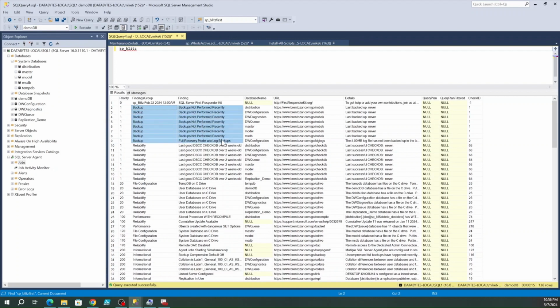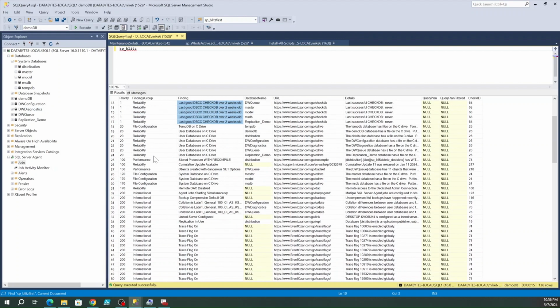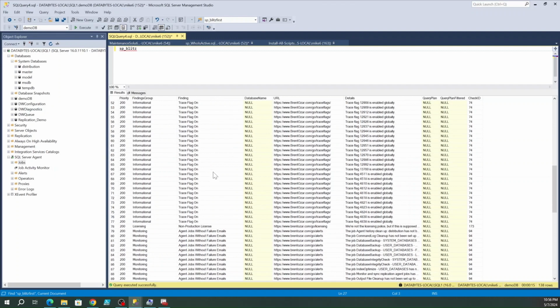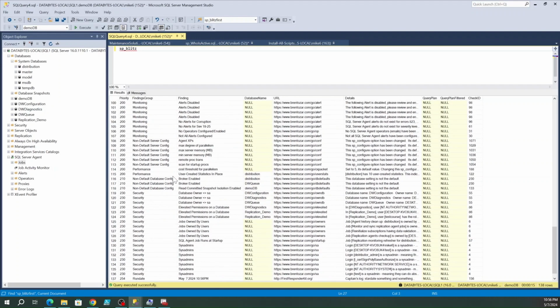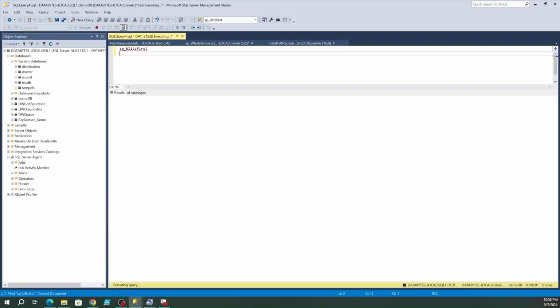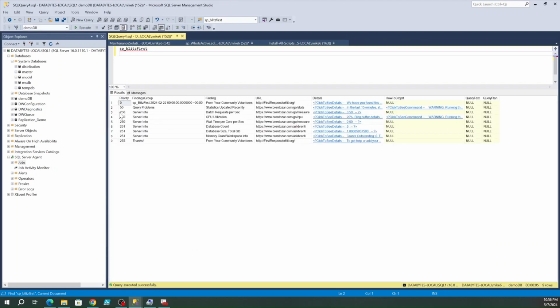Say, hey, this hasn't been backed up. Last DBCC check is over this time. Let's see. You may see some performance stuff. Objects created with dangerous set options. Trace flags are on. Agent jobs. All kinds of good stuff. Let's do first. Yeah, and you'll see a more, I guess, easier way to see if there are any red